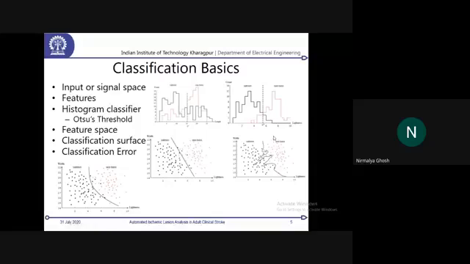Okay, so in this scatter plot, if you now see, it is looking relatively better in this two-dimensional feature space. All the black dots are of one class, and these red dots are of another class. So now we can decide the classification surface. In this case, this was one single value, but as this is now two-dimensional, your classification surface will be